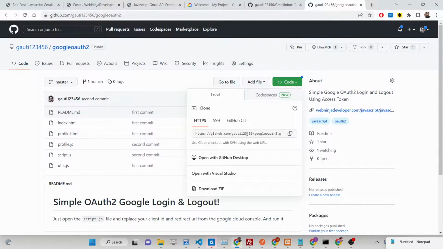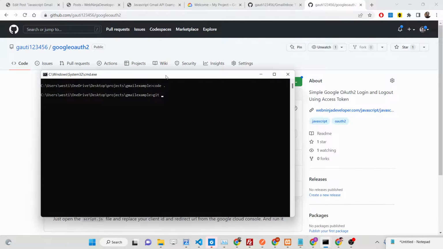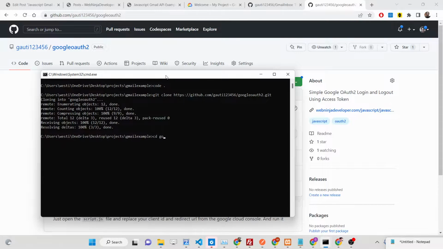So this is my GitHub repository. I will first of all fetch the starting code for this application. In that tutorial I have explained step by step how this application is made, so go watch that tutorial first in the playlist, OAuth2. So we will simply